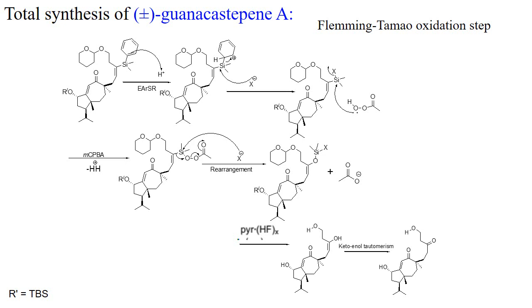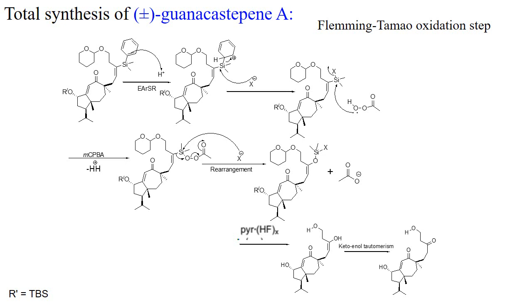See the reactant here, the doubly bonded carbon is attached with the silicon, and here it is bonded with the OH. So we can say the silicon is the masked hydroxyl group, and this hydroxyl group, which is the enol, goes through keto-enol tautomerism and gives us the keto product. And see, this keto product is the 1,5-diketone. 1, 2, 3, 4, 5. This is an important concept, and this is called the Fleming-Tamao oxidation step.